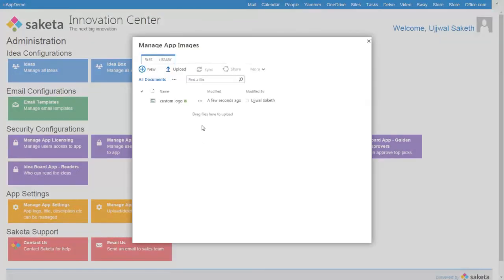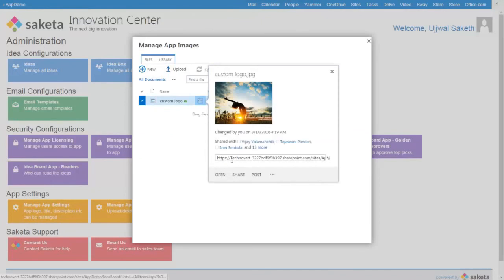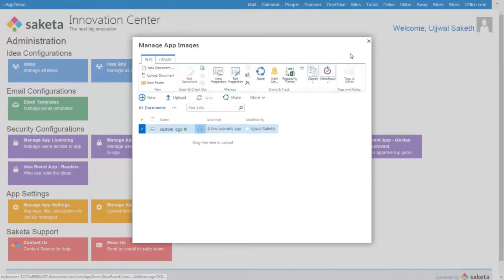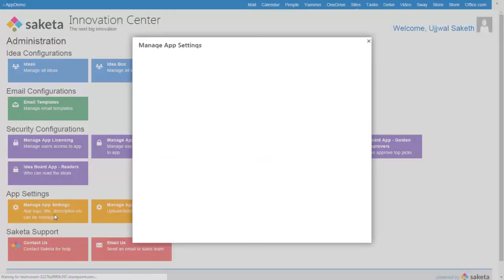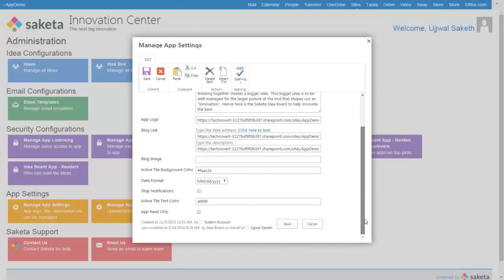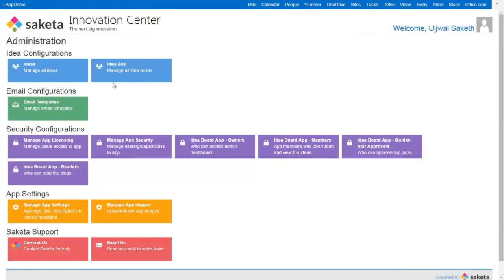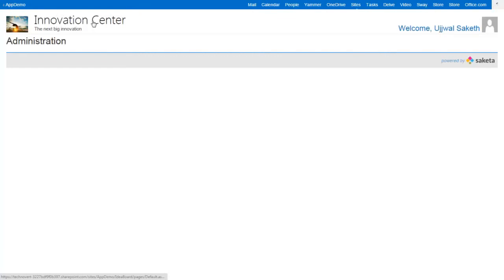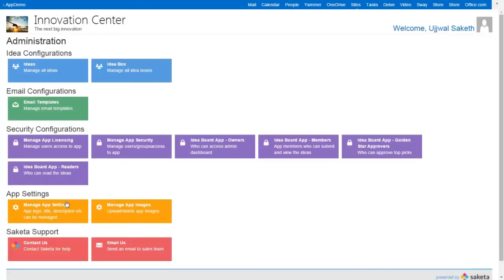Once I have that, I then need to get the link to the library, so I get the link here, and I paste that in the app logo field, and I hit save. And now when the page reloads, I have my new logo along with my new app name and a new slogan.